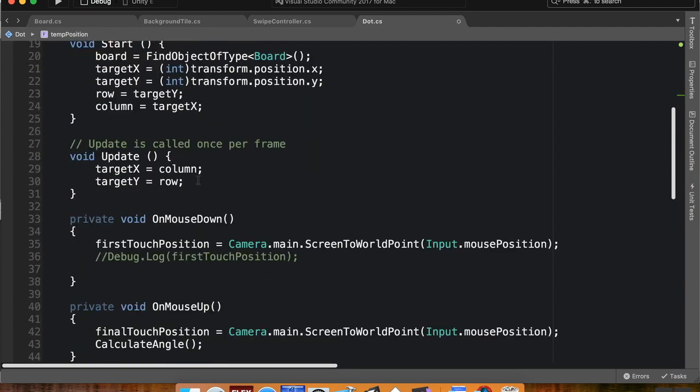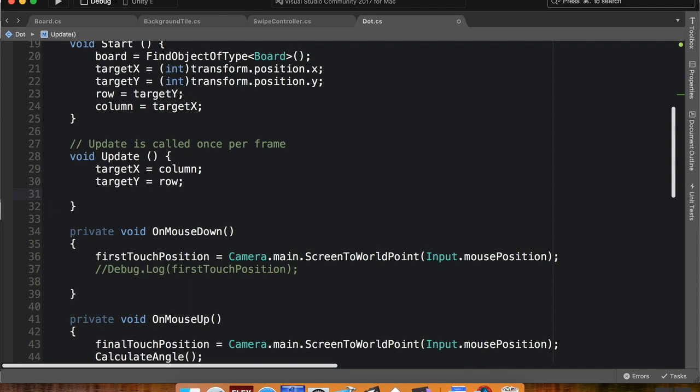Okay, so down here, what I want to do is test to see if my current x position is a certain distance away from my target x position. And if they're not equal to each other, then I want it to move towards that one. Now, since my target x position is based on the column, that's good. But I want to make this simple so that I don't have to test both the left and the right-hand side case. So what I'm going to use is the absolute value, because absolute value is the same no matter